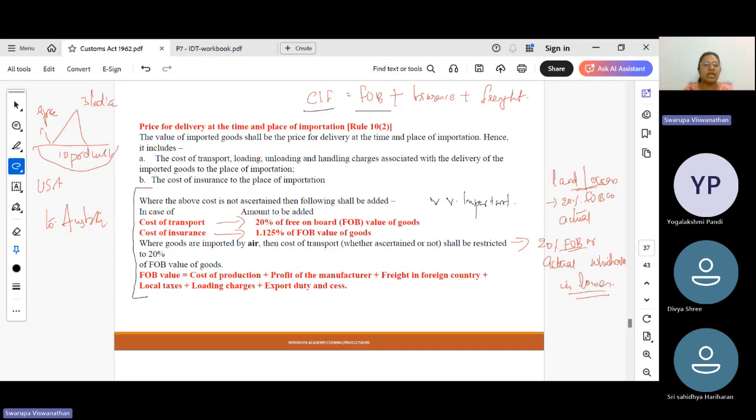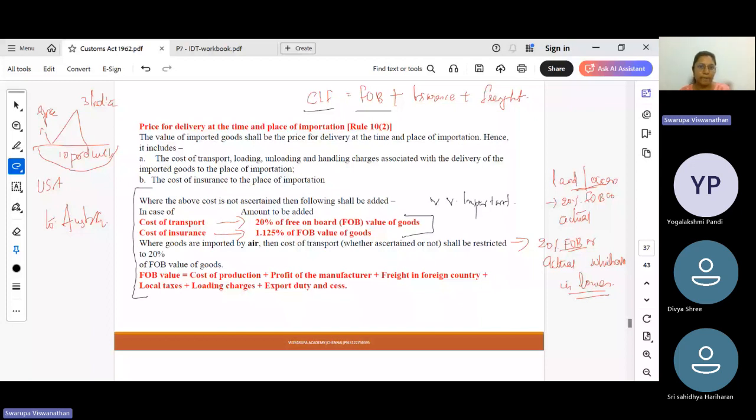So if the actual figures are available, we take the actual figures. If the actual figures are not available, cost of transport is 20% of the free on board value of goods. Cost of insurance is 1.125% of the free on board value of goods. This is very important and you should note it. It is 20% and 1.125%. If in the question insurance value and transport value is not given, you have to use this percentage and calculate what is the insurance and